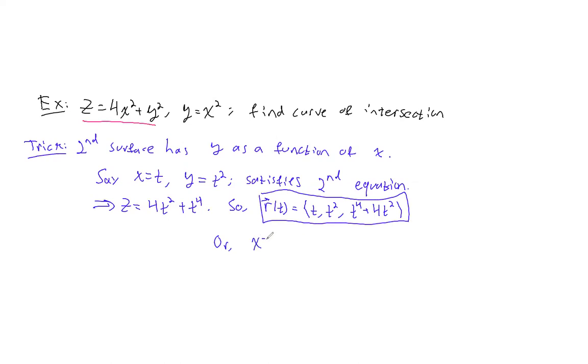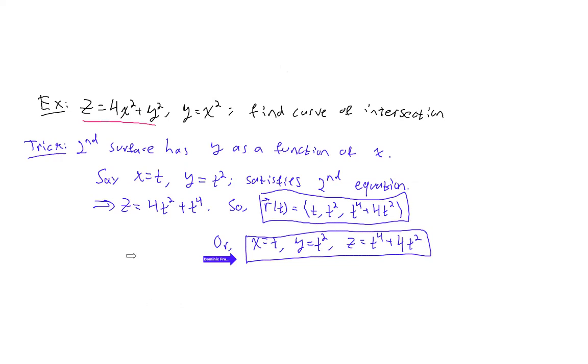Or you can equivalently write this as x equals t, y equals t squared, z equals t to the 4th plus 4t squared. These mean the exact same thing. These are completely equivalent ways of expressing this. The nice thing about the second way, this second